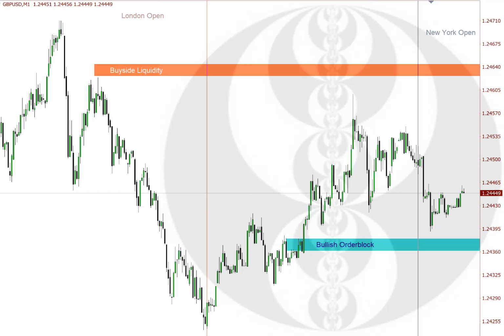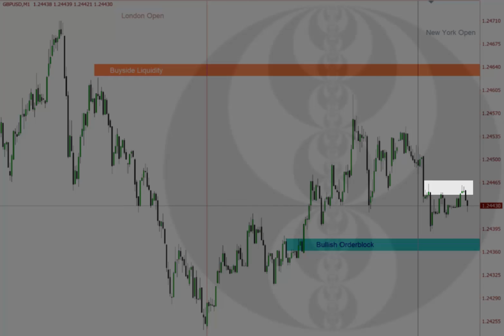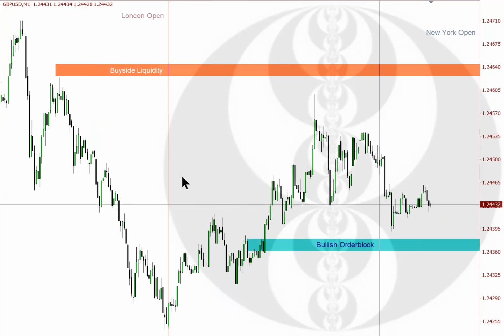Okay, you can see the equal highs that are forming now. I'm going to annotate the chart so you can see those 2 equal highs. I'm waiting for it to run above that and trade into the bearish order block that's annotated here with the yellow box. Now at the time of the recording, I didn't have that yellow box or that shaded area